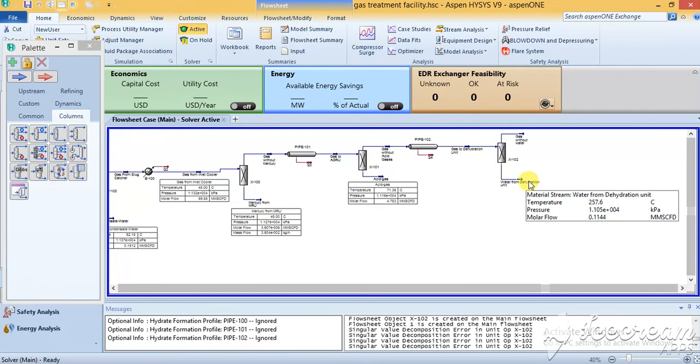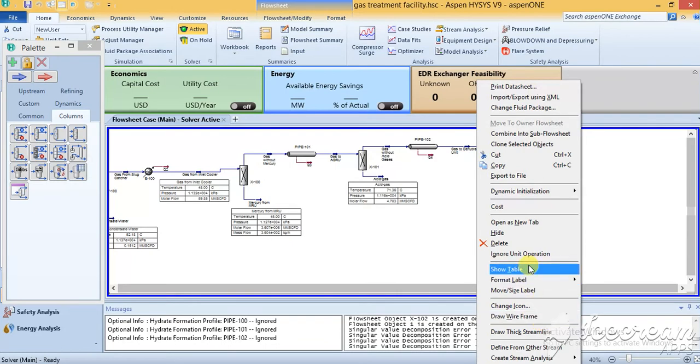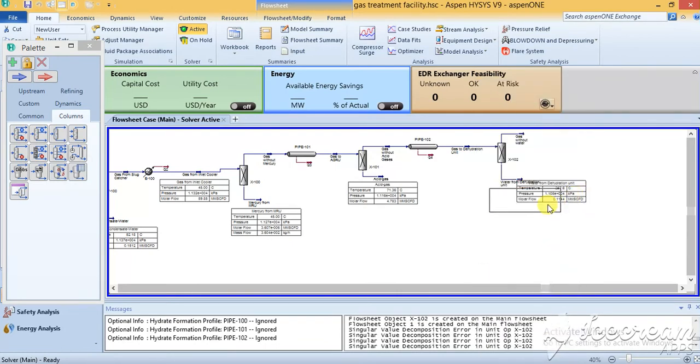So if you see here, there is a very small molar flow, 0.1144 mmSCFD, that will be removed in the form of water.